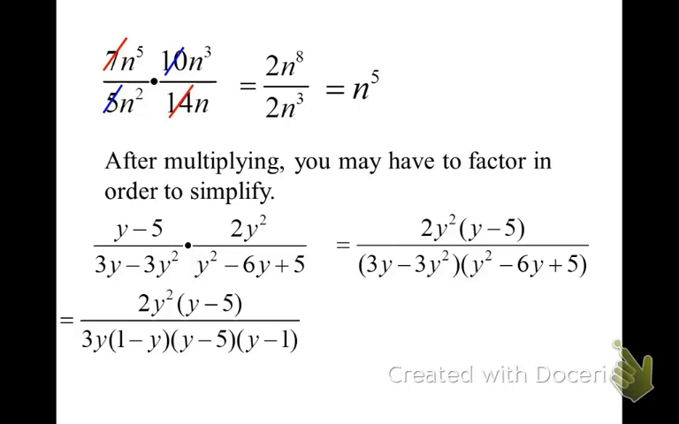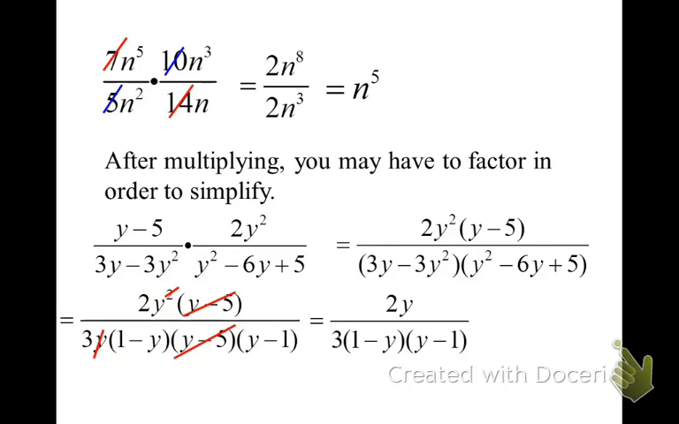When I factor the denominator, factoring out 3y leaves me a 1 minus y, and then the y squared minus 6y plus 5 factors into y minus 5 times y minus 1. Now that it's in factored form, I'm going to cancel all of the factors that are the same. And then I'll be left with 2y in the numerator and 3 and 1 minus y and y minus 1